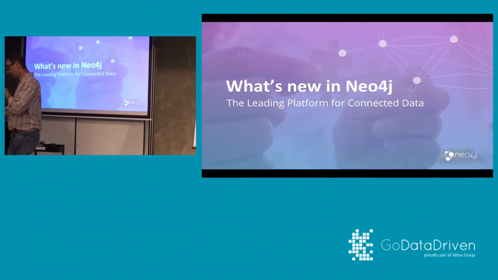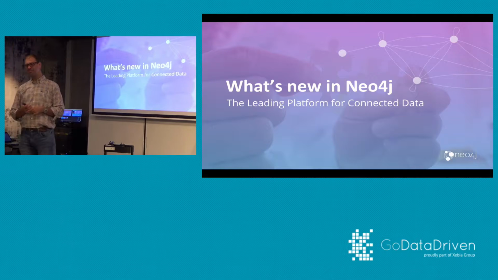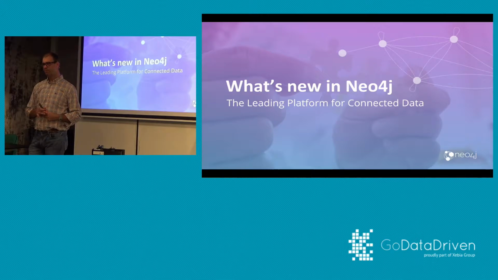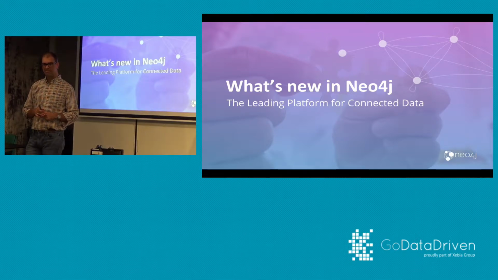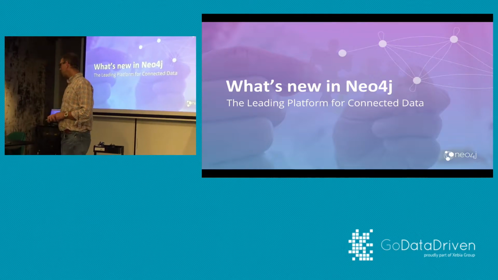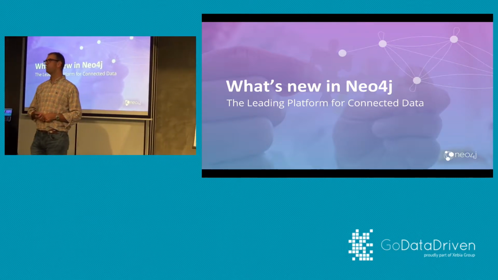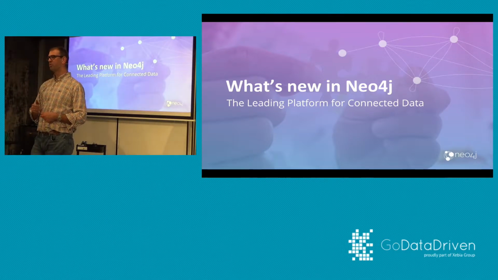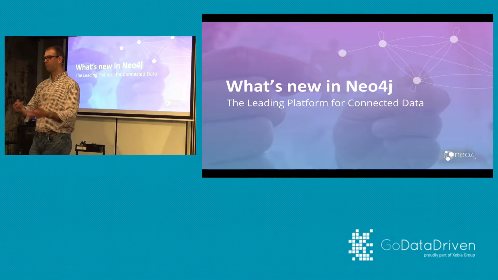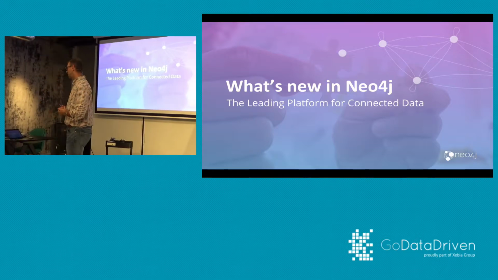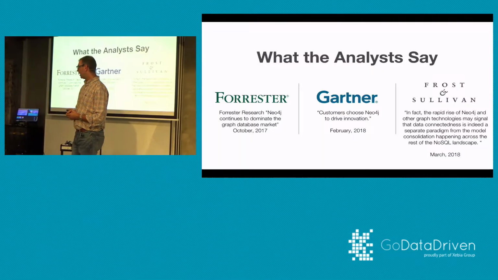So Neo4j, 3.4. I think it's fair to say that we've come a long way. When I started working for Neo4j 6 years ago, we were at 1.7, and that product is so far away from the current product it's almost difficult to believe. That was the time when Cypher had just been released. It didn't exist before then, but it was not for writing yet. You couldn't write to the database with Cypher. You could only read from the database. That's only 6 years ago, right? It's come a very long way.